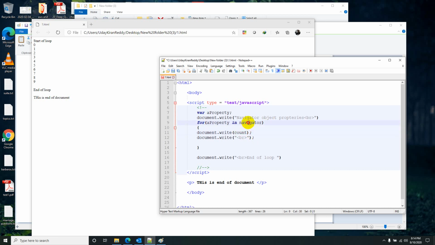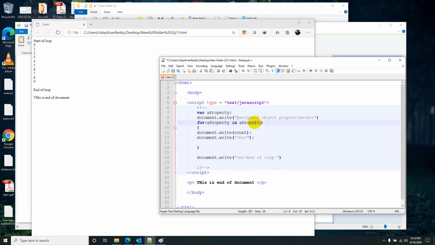So in this navigator, this complete web browser, now I am iterating through the properties of this navigator one by one. You can visualize this as a simple array or a collection.